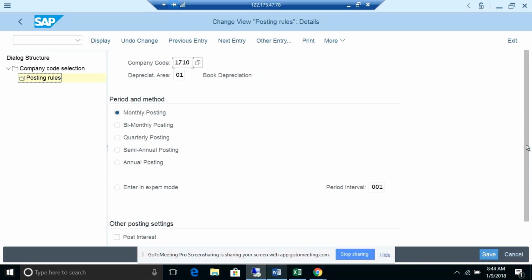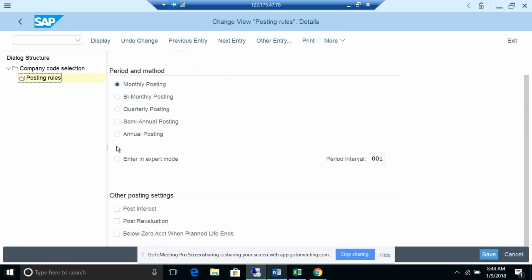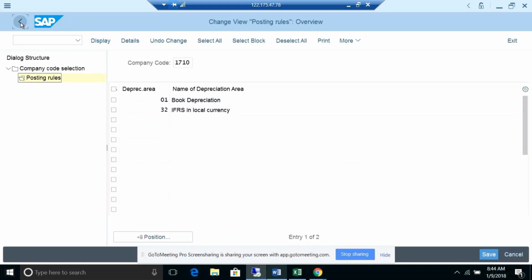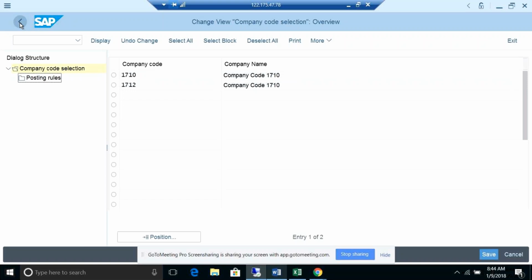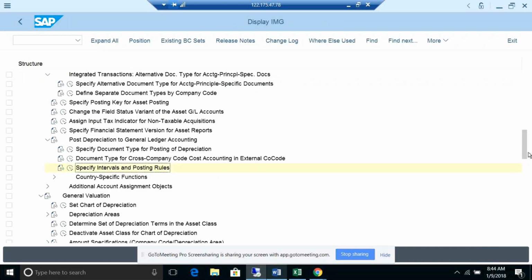Earlier we used to have one more radio button here, which is relevant for the smoothing functionality. We used to get a smoothing function option here. I think we already discussed that smoothing concept, but that is not there now. You cannot identify it. That is an obsolete setting. The posting rules, you are not identifying that. You cannot see that option now.